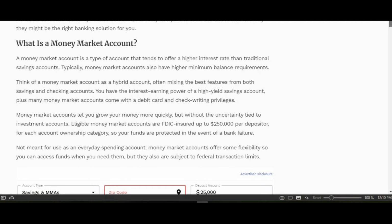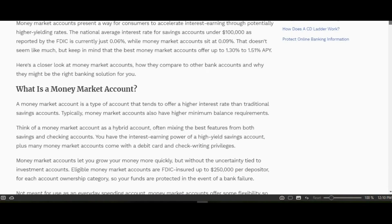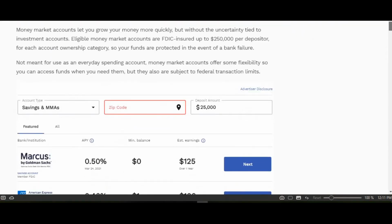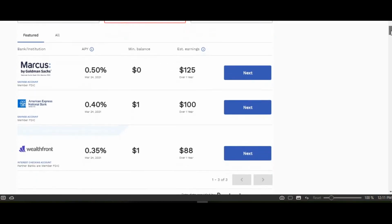Think of a money market account as a hybrid account, often mixing the best features from both savings and checking accounts. You have the interest earning power of higher yield savings accounts, plus many money market accounts come with a debit card and check writing privileges. So guys, money market accounts let you grow your money more quickly, but without the uncertainty